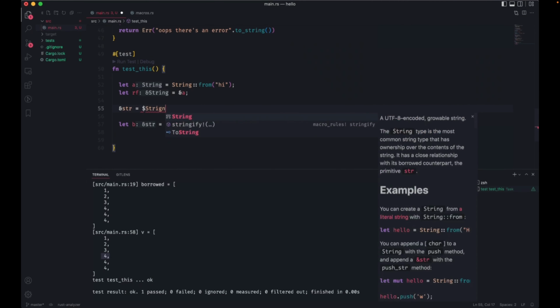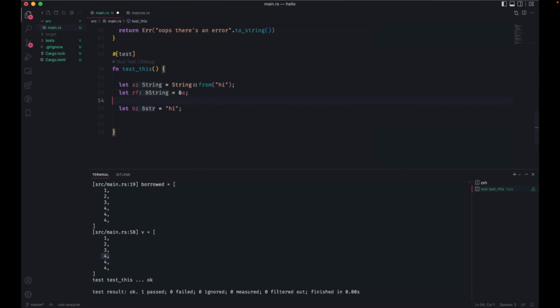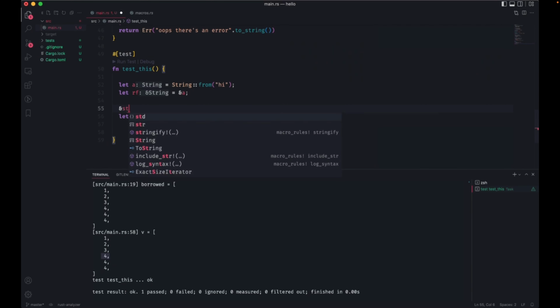So almost everything you see in Rust is defined as an ampersand str when you're using a reference to a string. That's the easiest thing to remember.